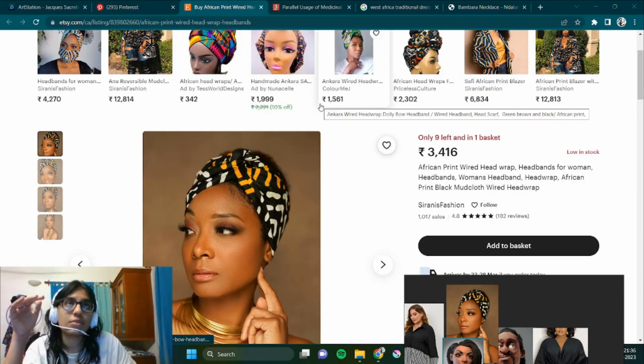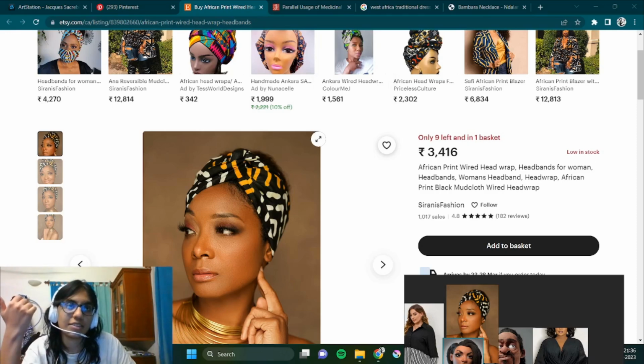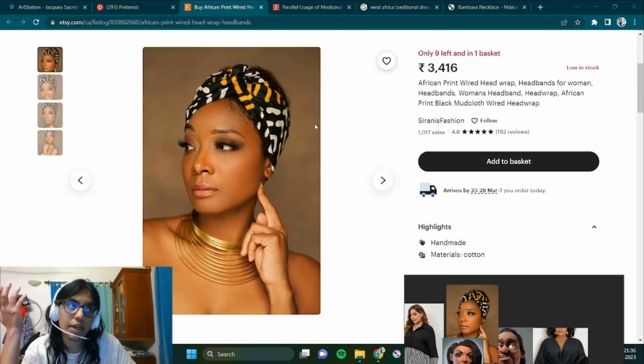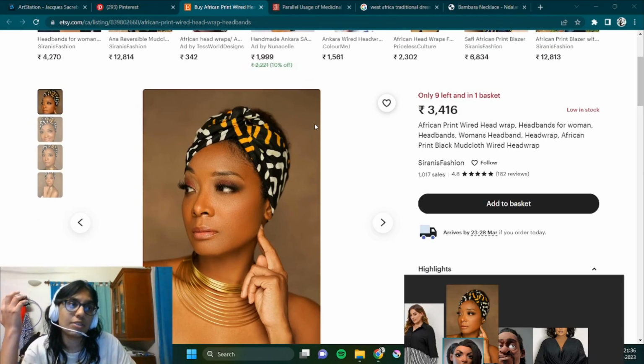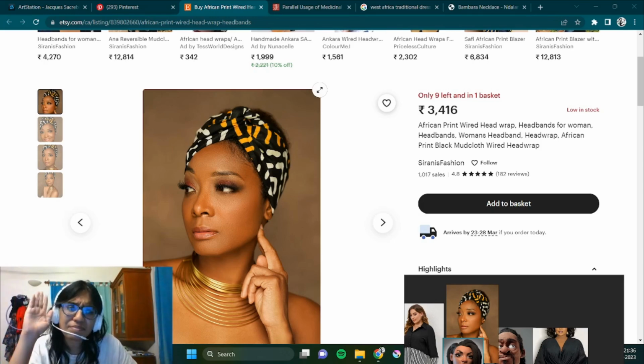And this is coming from me as an Indian, as a person of color. I know what Western countries are like. I know what people dress like there. They're incredibly bland, like all white, all black, all pastels.